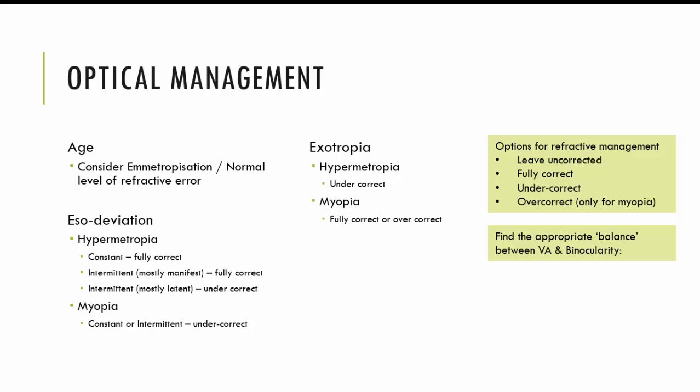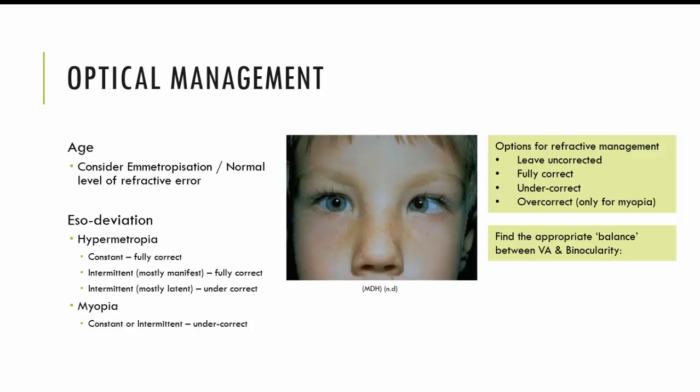emmetropizing. So once you've considered the age, and if you find that the refractive error is above what you expect of that age, then we start to think about, okay, what is the direction of the deviation and what should I prescribe? Let's start off with patients who have an ESO deviation. I've listed here